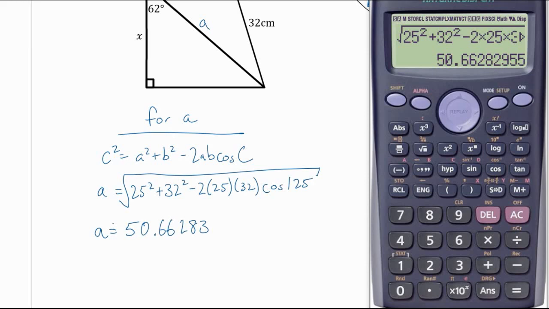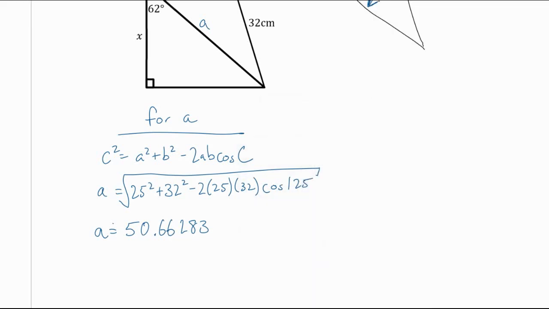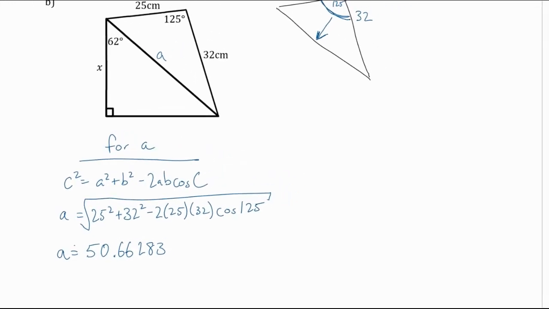Okay, I'm going to leave that on my calculator and actually use that answer, but I've written out a rounded version to 5 decimal places just in case. If I somehow lose the memory on my calculator and I have to come back, I can check and just punch that in, and 5 decimal places, generally speaking, is going to be good enough for it to be perfect. So now I have this triangle,